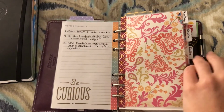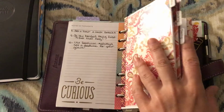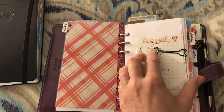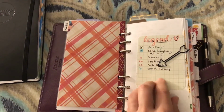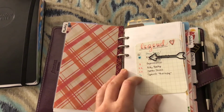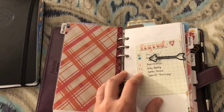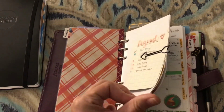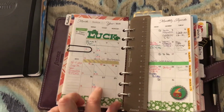My calendar section, I used to have just one. Now I've actually broken it out into 3 sections. So I have my monthly overview, which I've always had. I have a legend. So these are my recurring tasks or appointments that I abbreviate so that I don't have to write out the full thing each time on these tiny little squares, so you can see, you know, SP